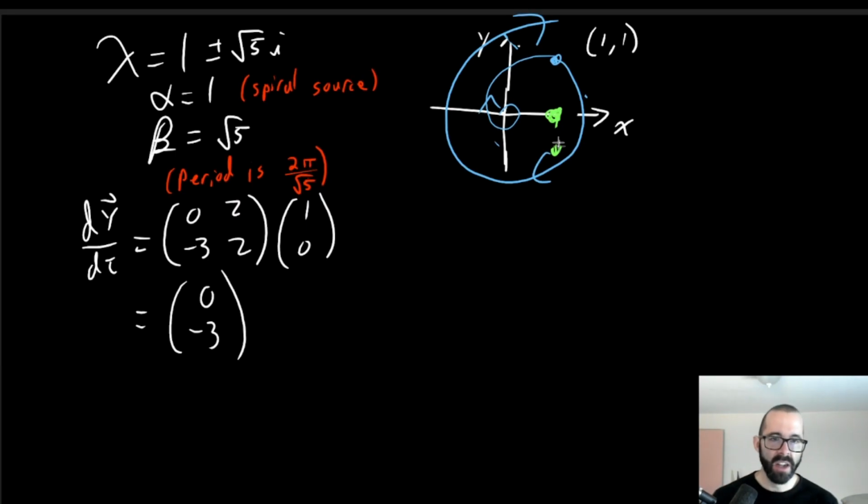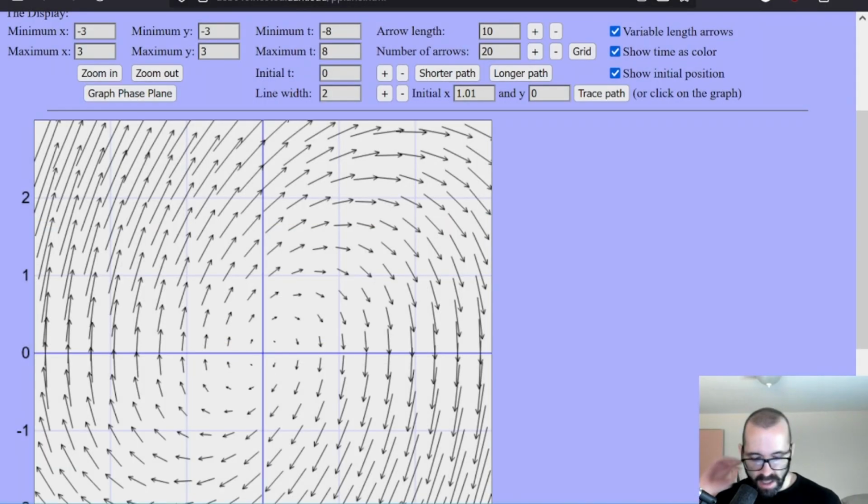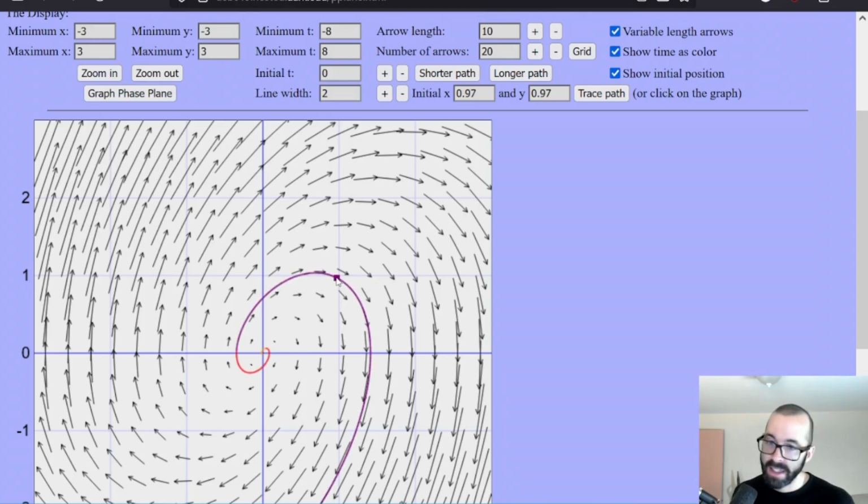So again, we need to be following those arrows. We should have that down vector at any time. So that means we're going clockwise, like I originally said before I fixed it in the wrong way. We're spiraling out. Okay, cool. And again, we could see that if we start at 1, 1, as we're starting,